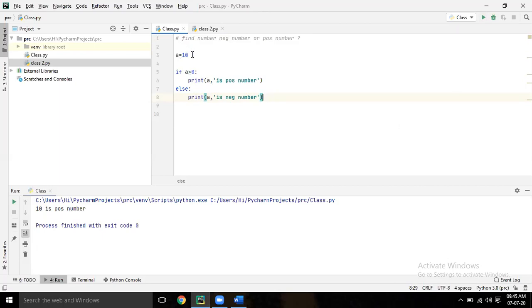Okay. So like this, you can do small programs. Okay, save it.